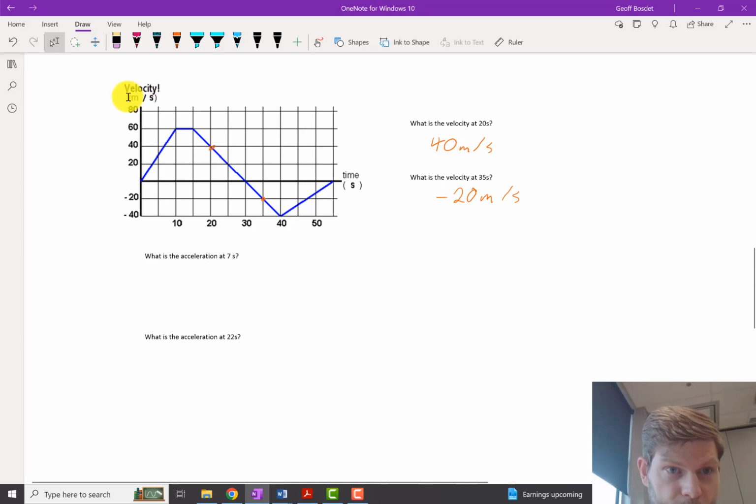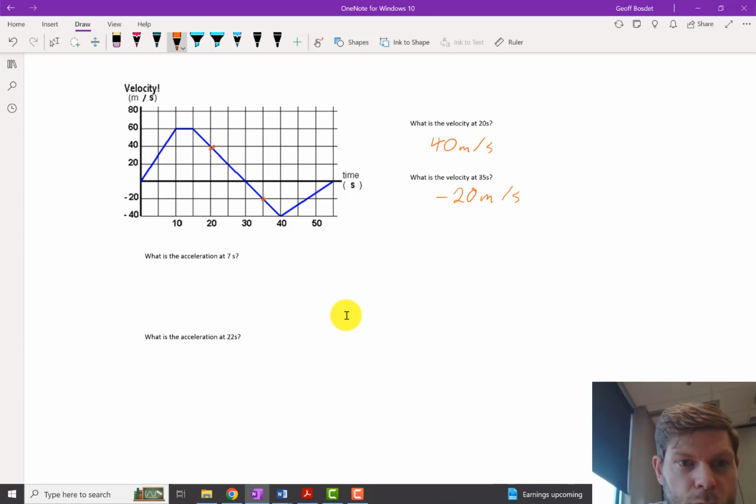Anytime your y variable divided by your x variable is something useful, the slope is that thing. So we're just trying to find slope. Slope of a velocity time graph is acceleration. So at 7 seconds, that puts us along this line. I don't really care where because it's the same slope the whole time, so I can use the whole line